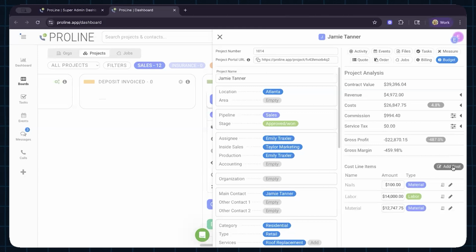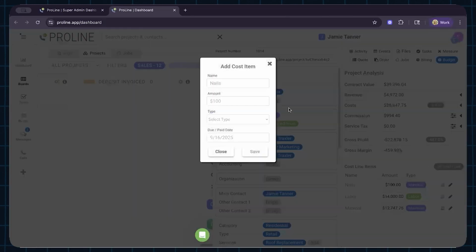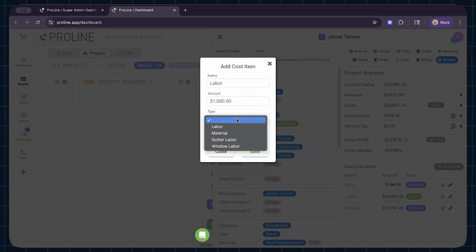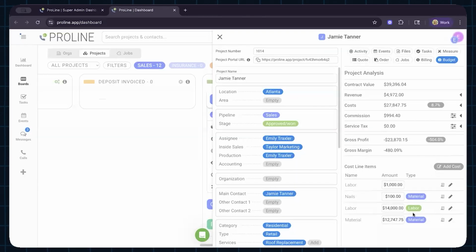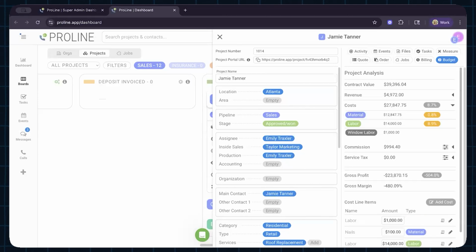So let's add another cost. Again, just for example's sake, we want to have maybe some more labor. Let's do window labor. Maybe we decided to do some windows. So we added $1,000 there on our cost, and this is going to update here,